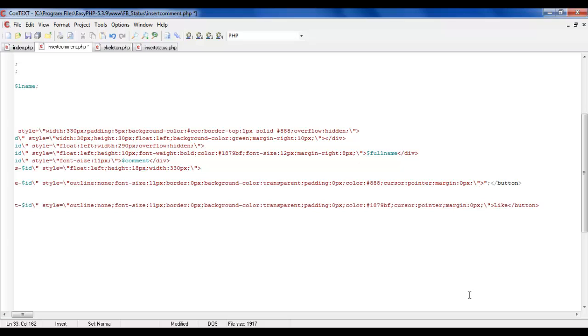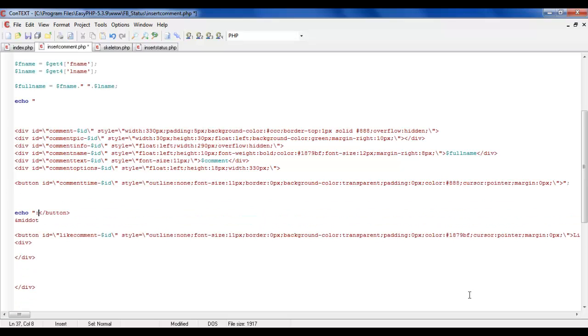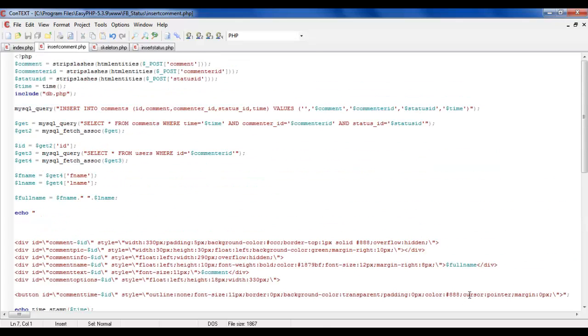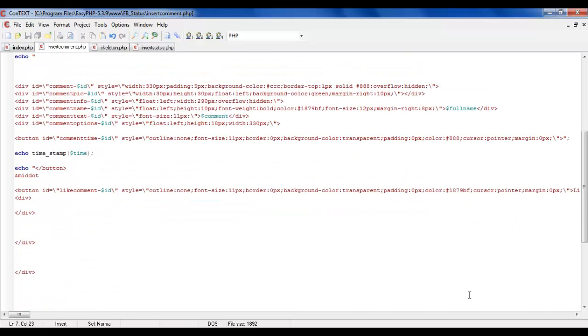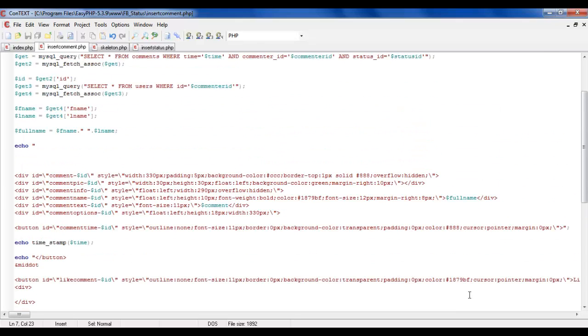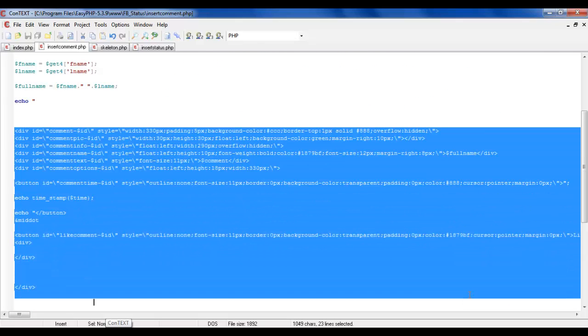Actually, okay, echo timestamp of time. If you followed my previous tutorials, you'll get to know what I'm talking about here. We need to include our timestamp file. Okay, the time is done and like is done. Full name, comment. Yeah, that's about it. And I'll just copy that out here,